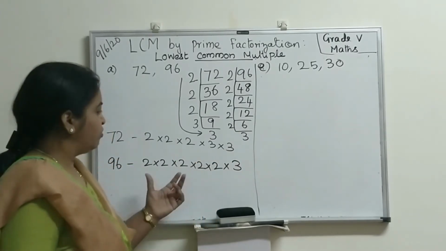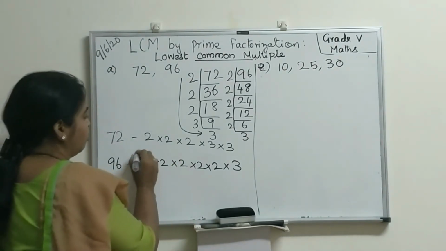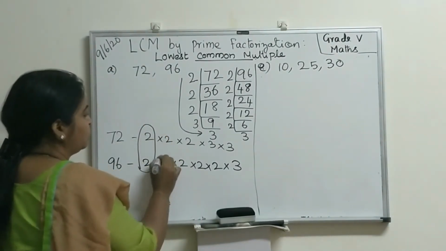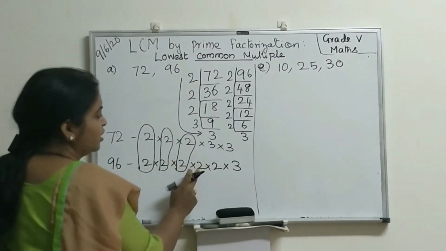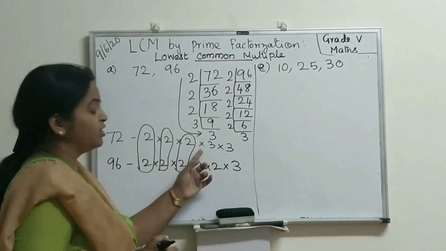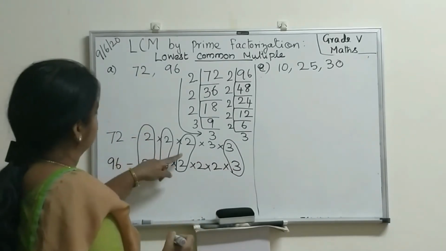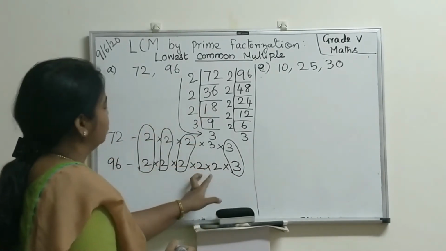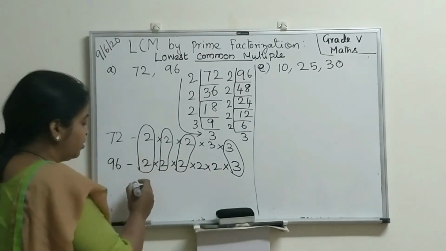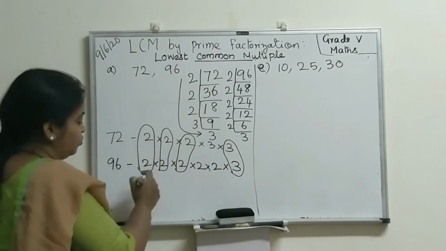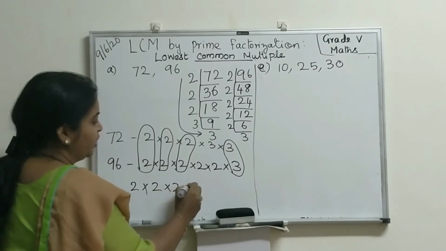Okay. Now we are going to do what we did in the HCF. The same thing. Common factors of both the numbers. 2, 2, 2. Here, that's it. Here we don't have any number. 3 is common. Here 2 2s are extra. Here 3. Now what we have to do? Take 1 2 here. This 2. This 2. And 3.